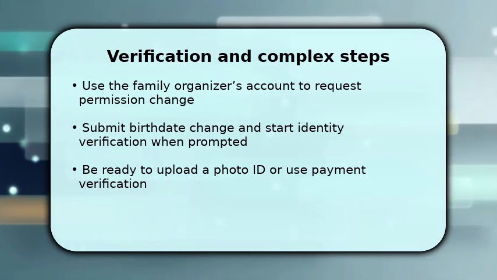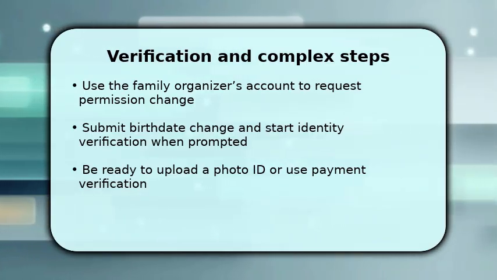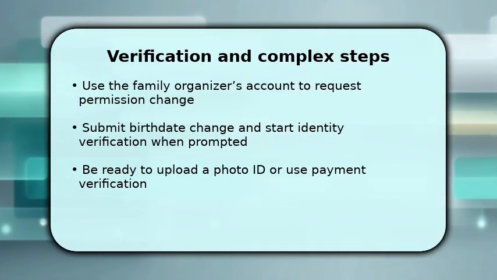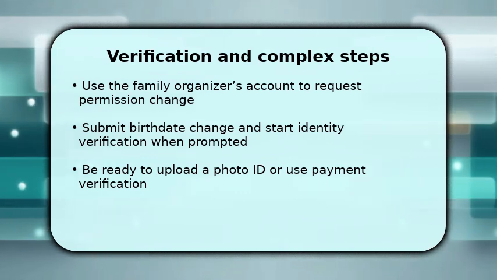The family organizer submits the change, and you follow any on-screen steps to update the birth date. If Microsoft blocks direct editing, you must start identity verification. This often requires uploading a photo ID or confirming a small payment to verify adulthood. Make sure to use clear images and matching names. Ambiguous scans delay approval. Also check email for verification codes and enter them promptly so the system can process the